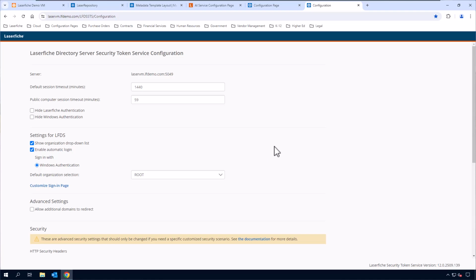Some other things, not really able to show you, but some other improvements is there's a new Active Directory group sync option. So there are some changes there. Again, that's in the changelog. You can read about what's different. But if you were using that sync option within LFDS, they have created an updated way that the Active Directory groups are synced now. So you can look into that. Within Directory Server itself,